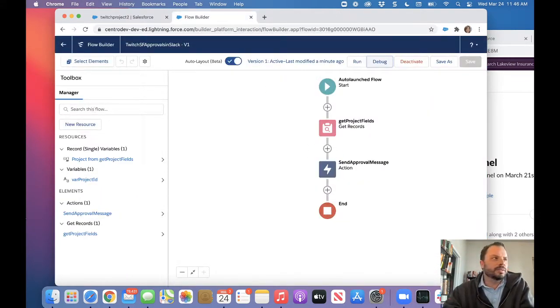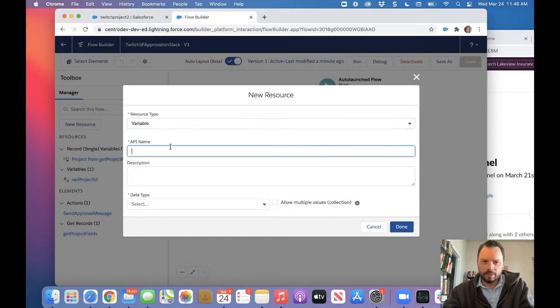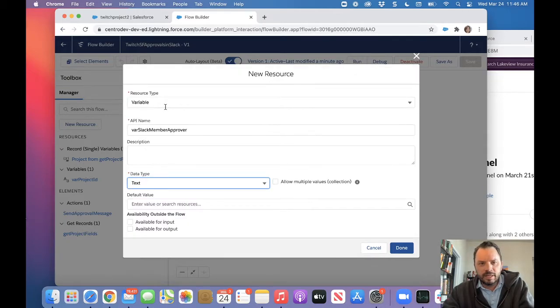Now, let's do a little more sophistication here. Let's go get a new variable for a Slack ID. Variable var Slack member approver. And we'll do a text